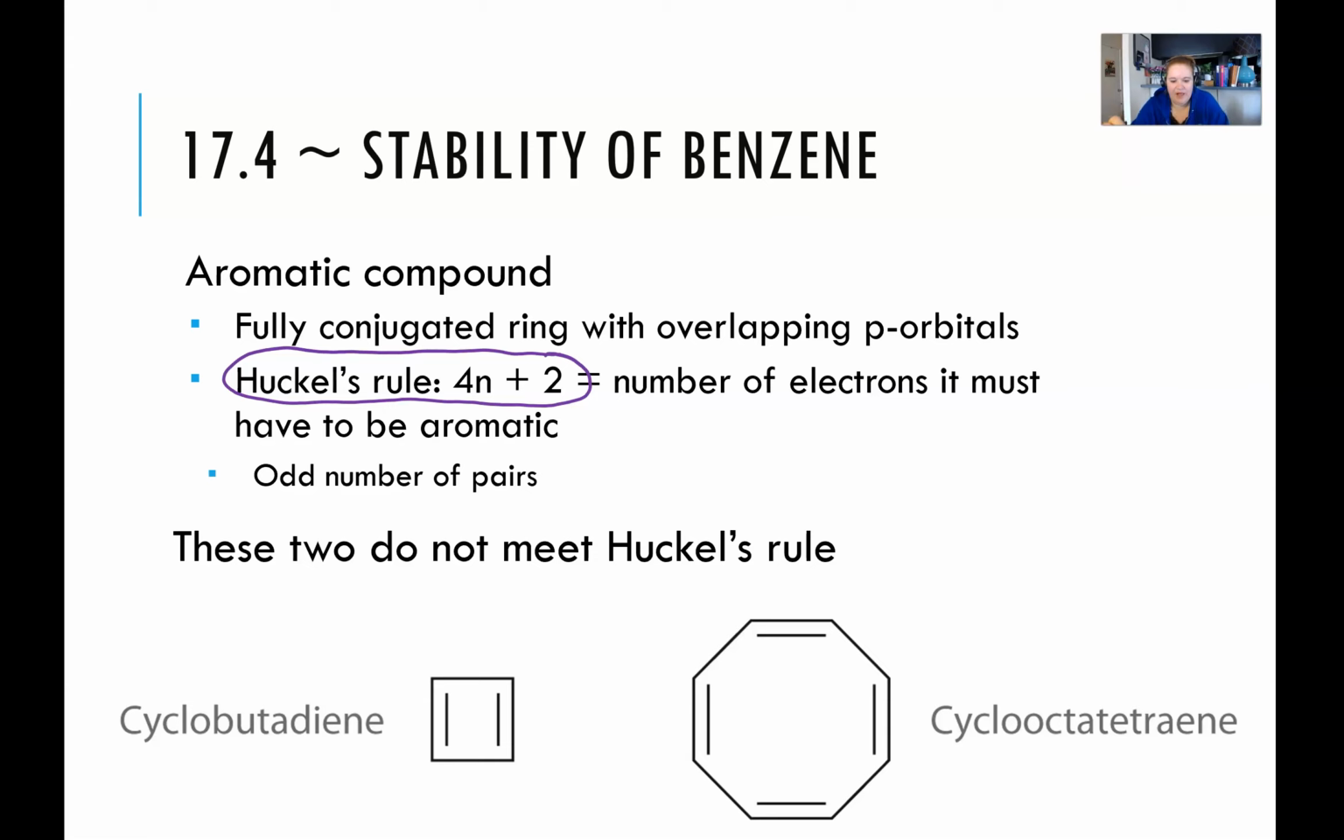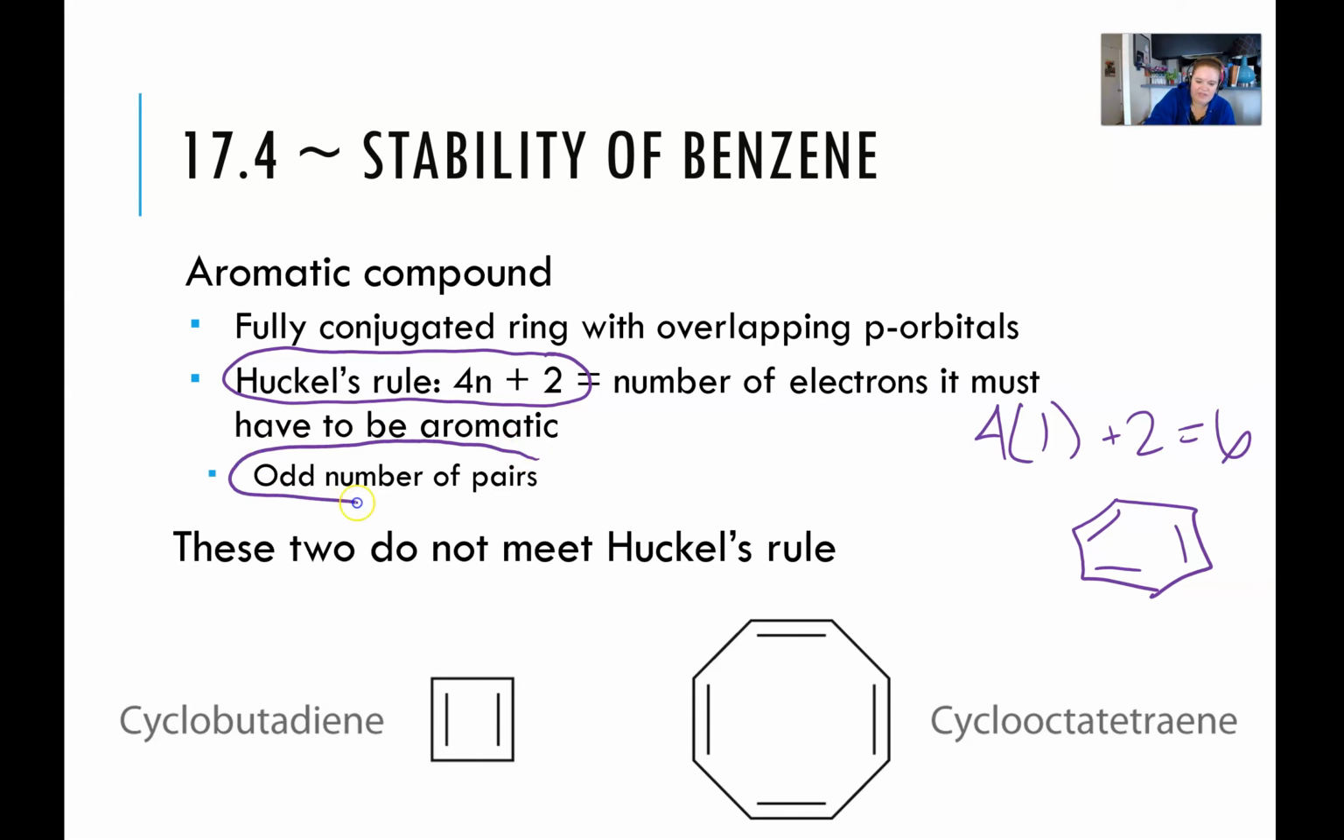So if we think about n being 1, then 4 times 1 plus 2 would give us 6. And for benzene, those are the 3 double bonds, 2 electrons each. There's our 6 electrons in p orbitals. Kind of an easier way to think about it, though, is we have to have an odd number of pairs of electrons. The other two rules that have to happen is that we have to have a ring,